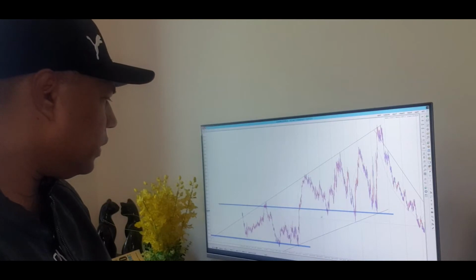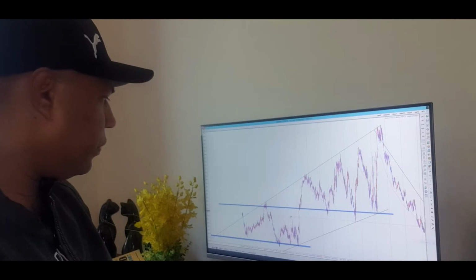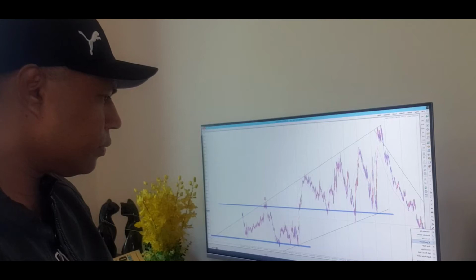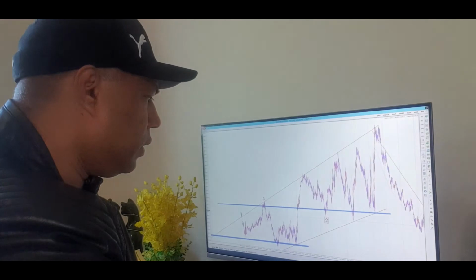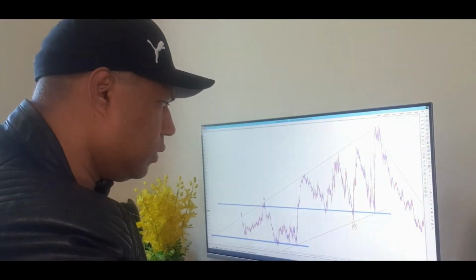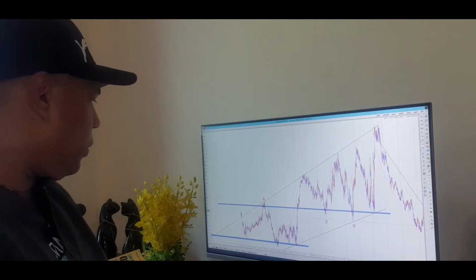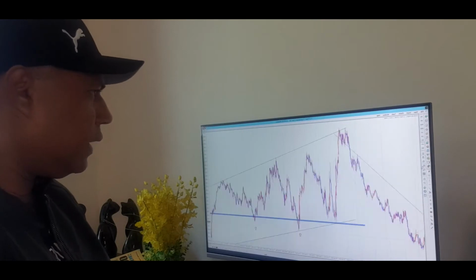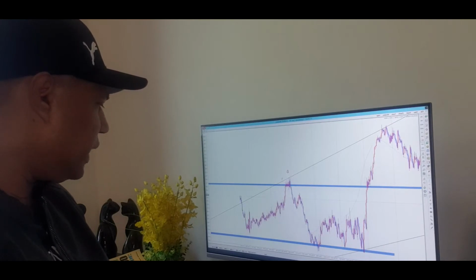So these three areas that we marked before, this area and this area. Okay, now we can see price in the weekly chart is consolidating, as what happened from the 28th of January